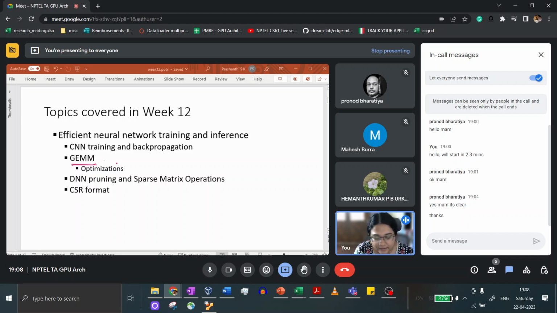This is typically done under the hood. The user or developer who writes these models in a deep learning framework is rarely ever exposed to it. It's always done by, say, the deep learning compiler or by CUDA and things like that. And then we looked at a little bit of pruning and sparse matrix operations. Sparsity is a very highly talked about thing in the field of GPUs. I think we briefly spoke about FLOPs as a metric of computation.